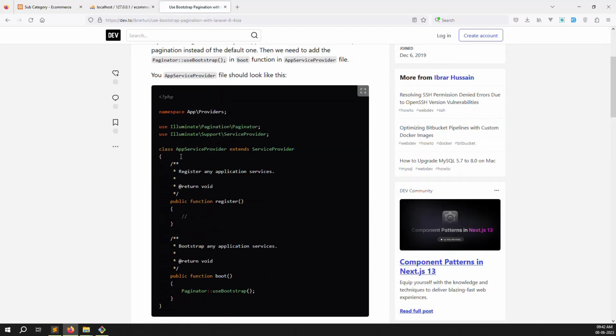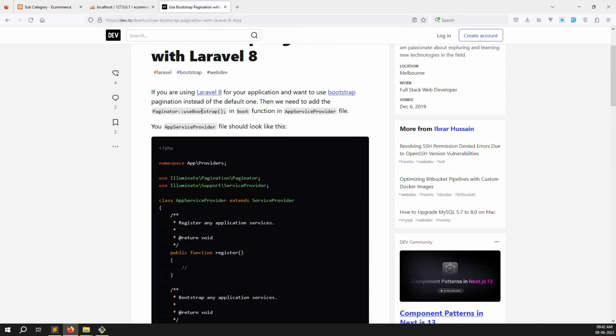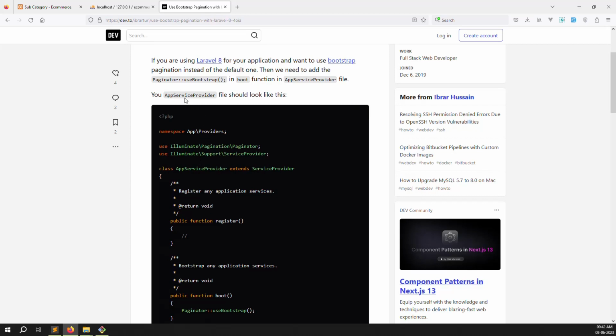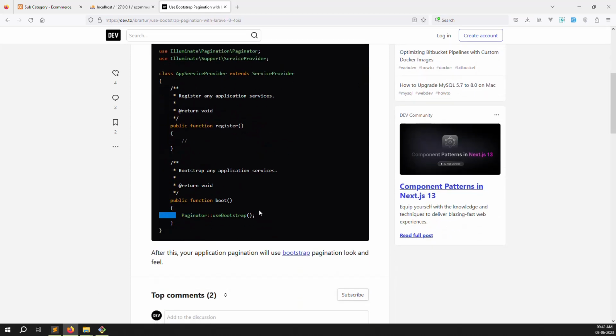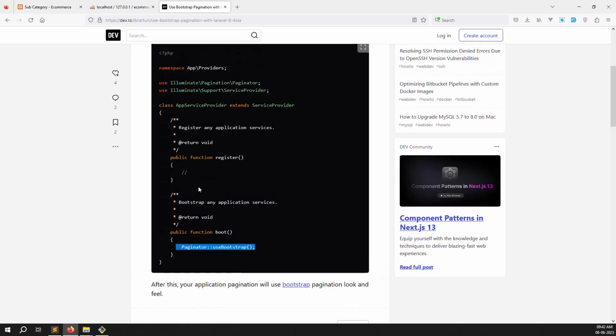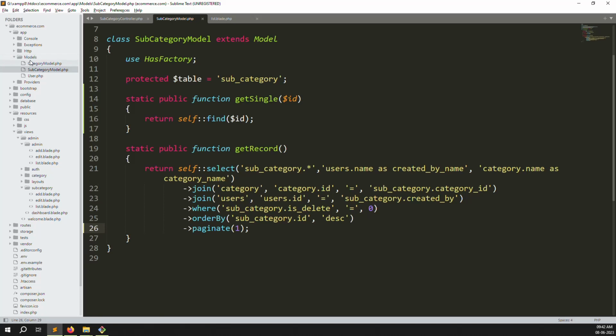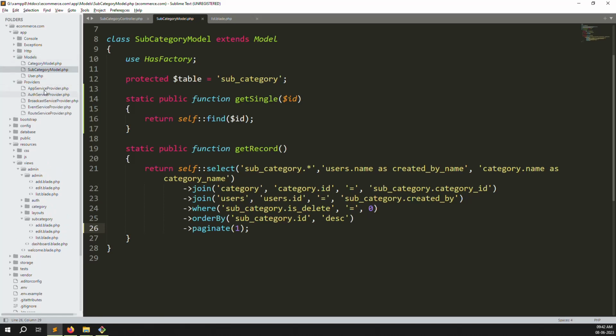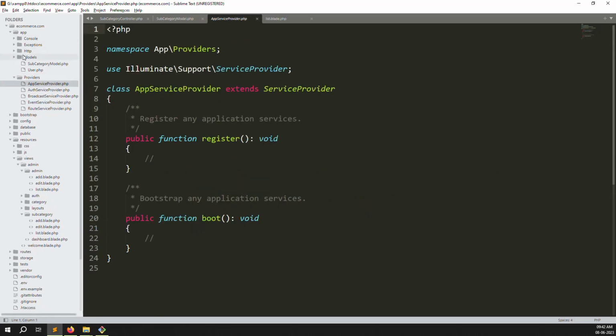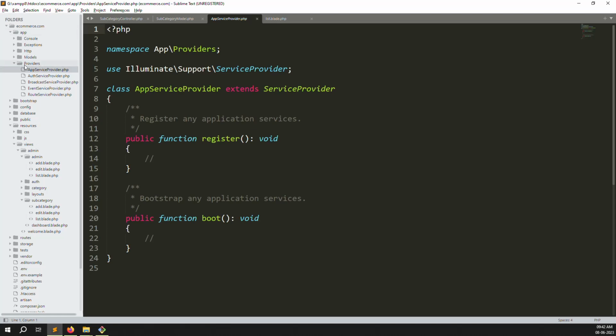I think we need to change one line inside the code, so where do we need to go? Pagination use bootstrap, so I think we need to go to the app service provider, and here we need to use Paginator::useBootstrap. Okay, this is the line we need to add. So just go to app, inside it go to Providers, inside you need to go to AppServiceProvider, carefully watch, and just use